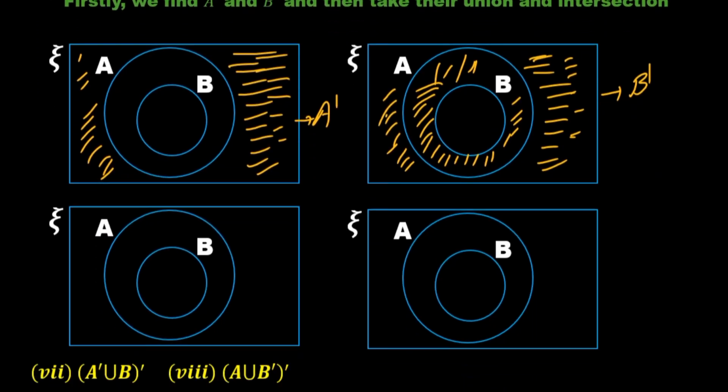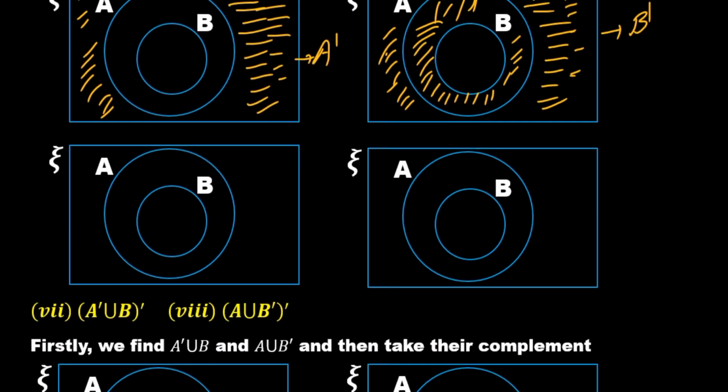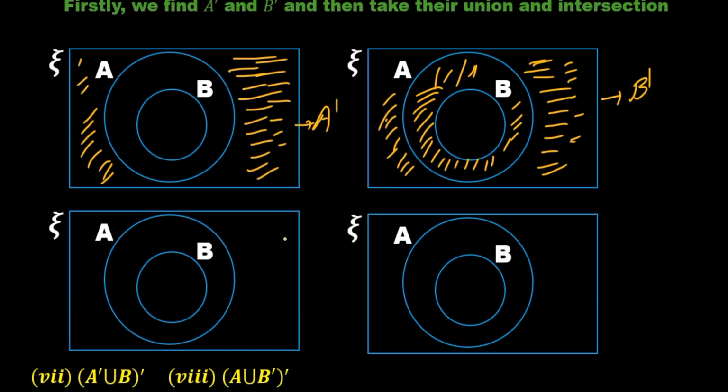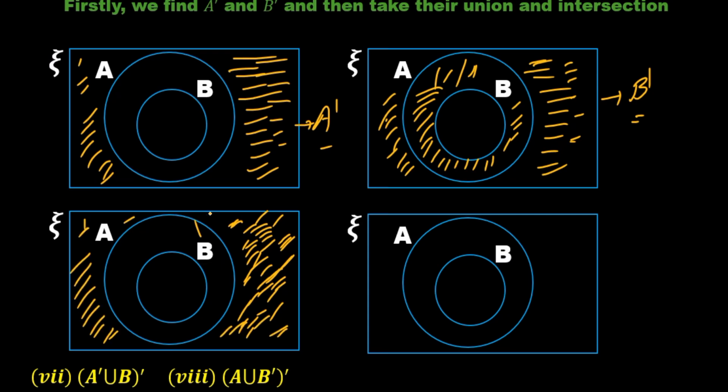Now we have to take the union and intersection of these two areas. In case of union, we shade both of the regions, either it is part of the A complement or it is part of the B complement. So in case of union, what is the common shaded area in both figures? Firstly we shade that region. The common shaded area in both figures is outside the set A. This area is common in both figures. Next one, this area that is outside the B and inside the A, this area also is included in A complement